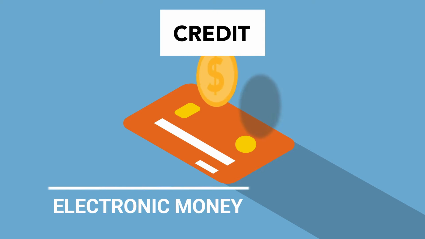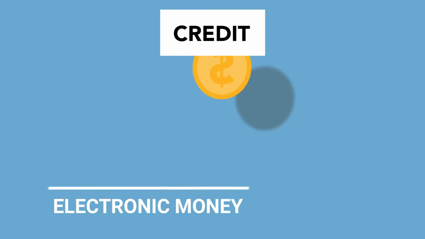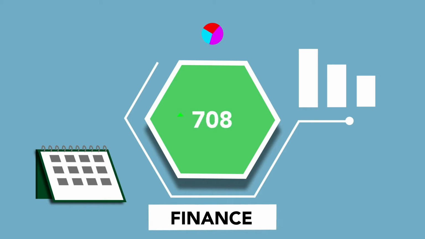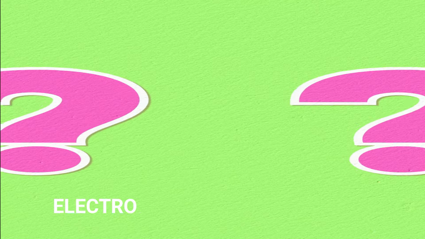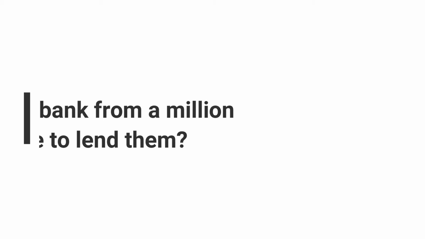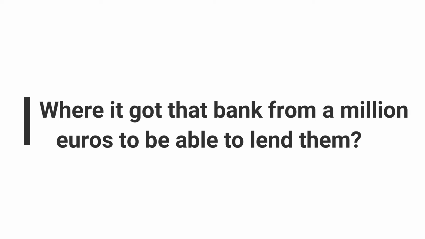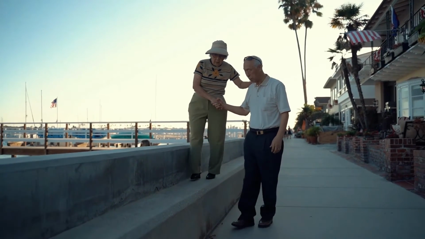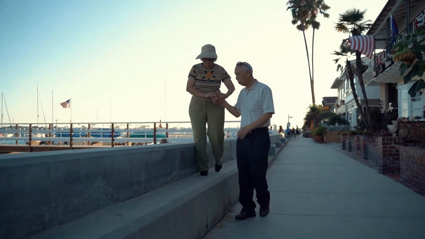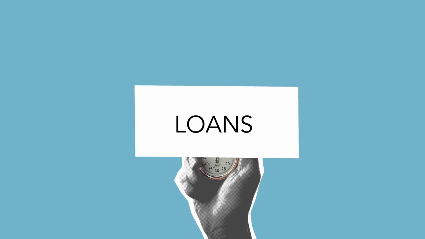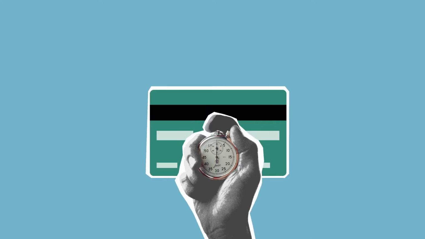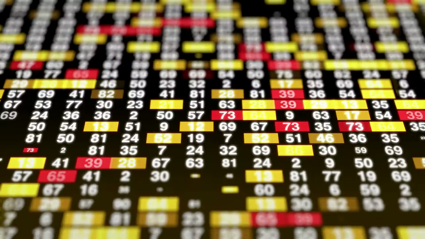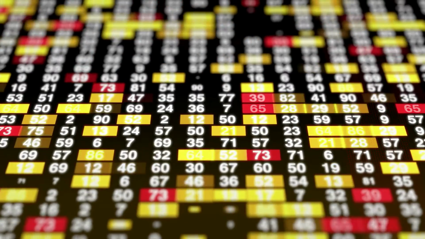When a bank issues a loan of, say, €1,000,000, it means that the bank simply creates and adds that €1,000,000 to the total money supply in the economy. Maybe right now you are wondering where the bank got €1,000,000 to be able to lend. Could it be that there is an army of grandfathers and grandmothers who kept all their life savings in the bank, and the bank is using them to make a loan of €1,000,000? Of course not. They only wrote numbers on your account.